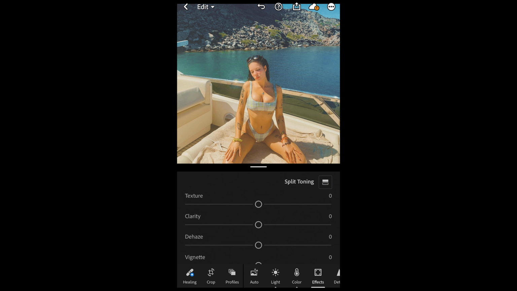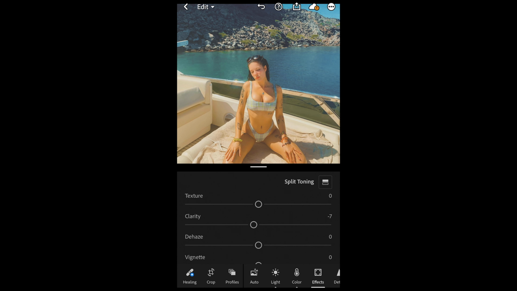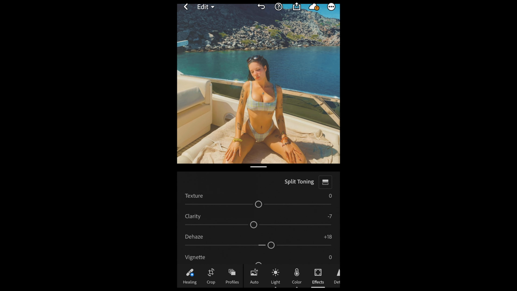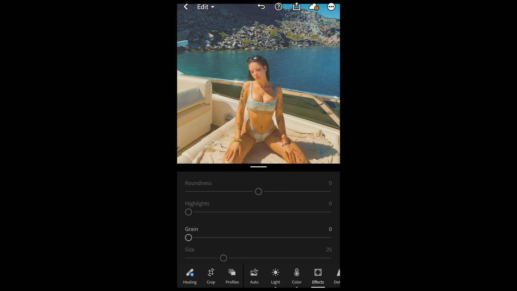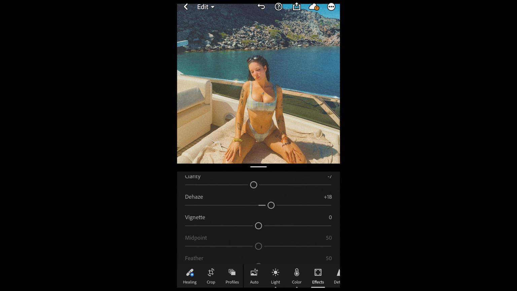What you want to do in the effects tab is just pull down the clarity a little bit to -7, just to blur out the picture a little, and then boost up the dehaze to +18 and add some grain, of course, to get that vintage vibe to +35 right here. And then we scroll up and get that last color touch in split toning on the upper